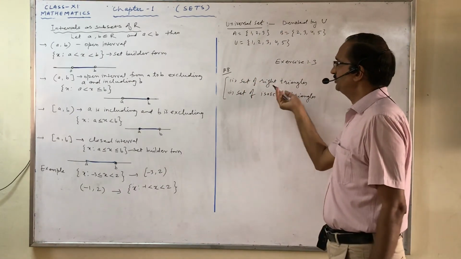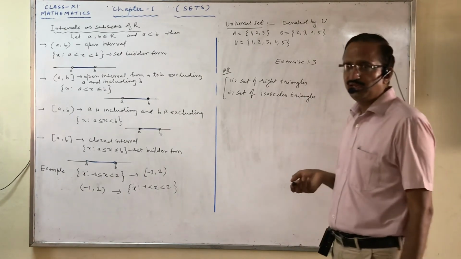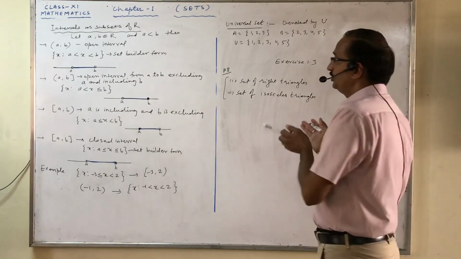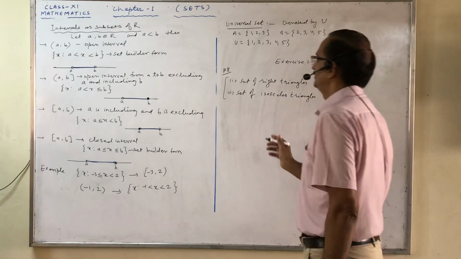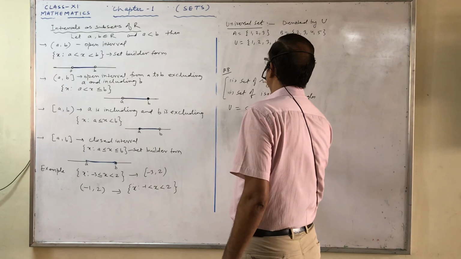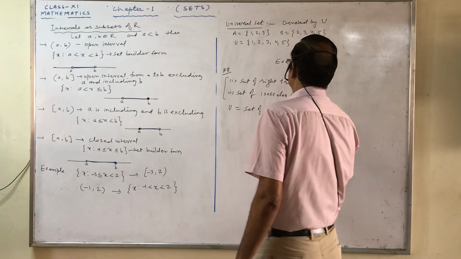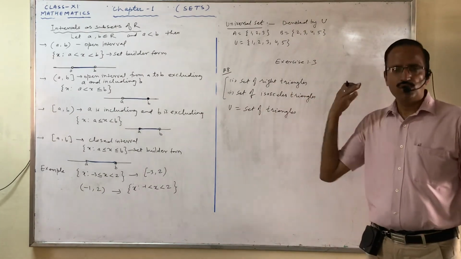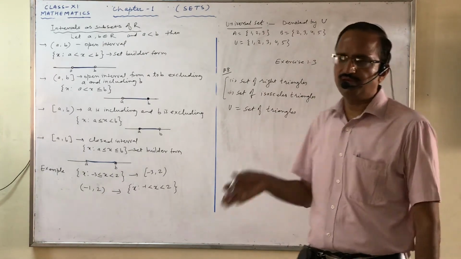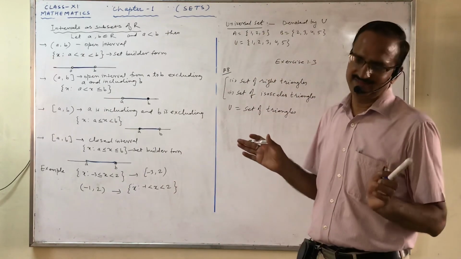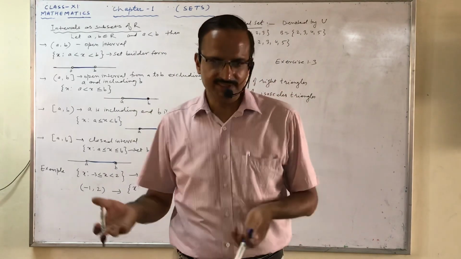Now both are sets of triangles. First is set of right triangle, second is set of isosceles triangle. It means we can write the universal set for this set as the set of all triangles. So universal set means set of triangles or all triangles. So it means it contains all type of triangle: right angle triangle, obtuse angle triangle, isosceles triangle, equilateral triangle, acute angle triangle, all triangles. So in this way you can do the rest of the questions with your own efforts with the help of this discussion. Okay.